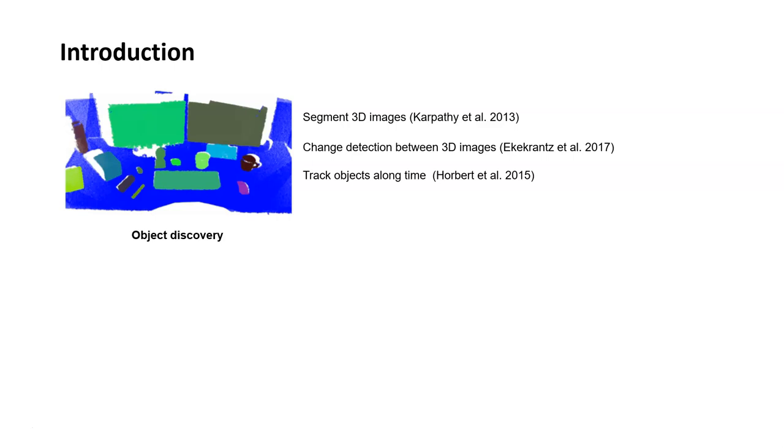Object discovery refers to recognizing all unknown objects in images, which is crucial for robotic systems to explore unseen environments. People in the past segmented 3D images and identified objects by measuring shape and recurrence across space. Ekkrons et al. claim that objects can be discovered and segmented through change detection between two sets of 3D images